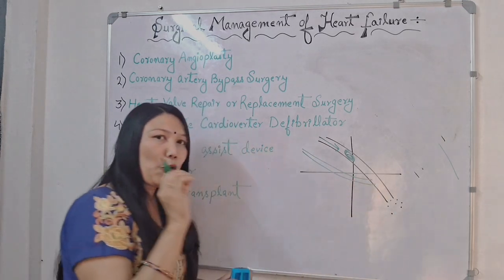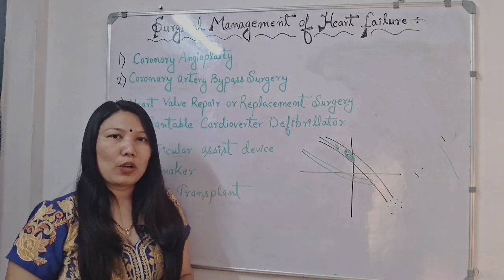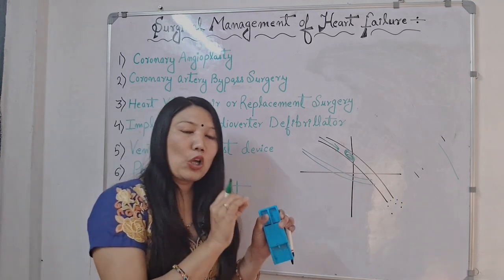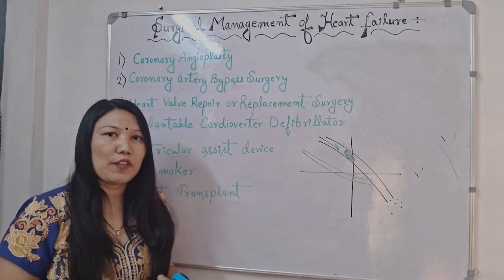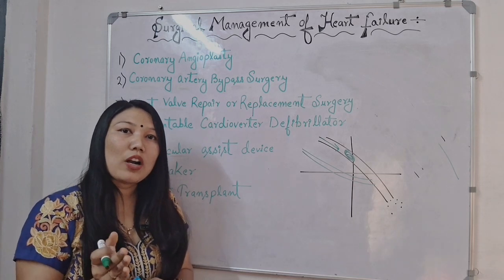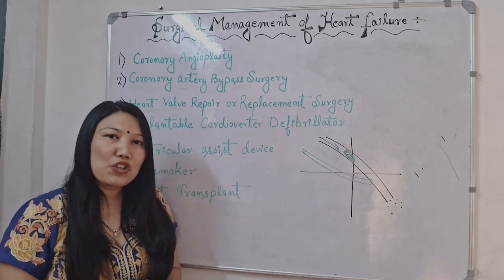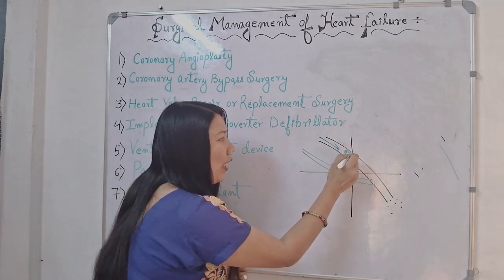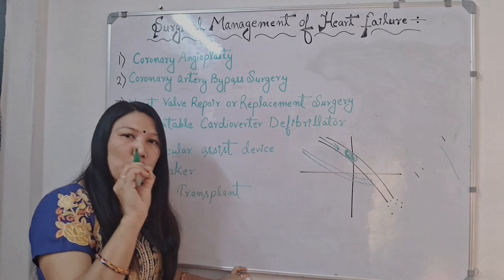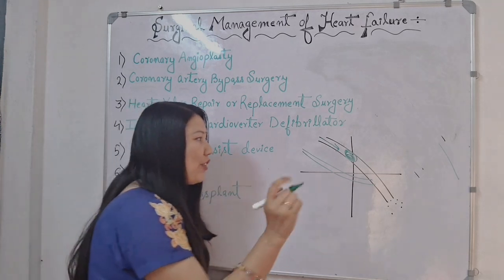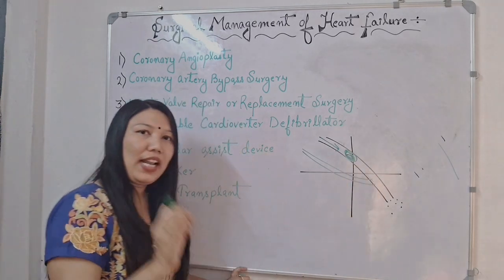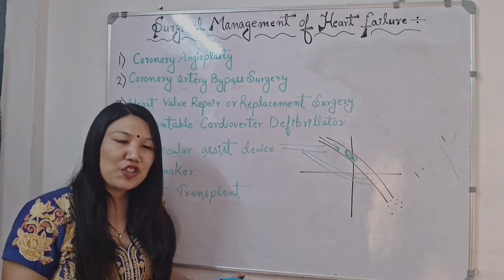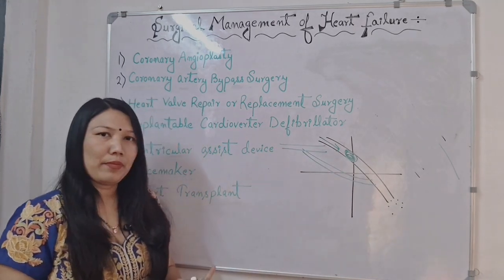This artery or vein is taken from the patient's own body, like the saphenous vein from the legs or the internal thoracic artery from the chest region of the patient. This is also called the grafting process. The patient's own saphenous vein is taken and attached to the blocked area. One portion of this vein is attached in front of the blocked area and the other portion is attached to the aorta. So we have changed the pathway of the blood supply.